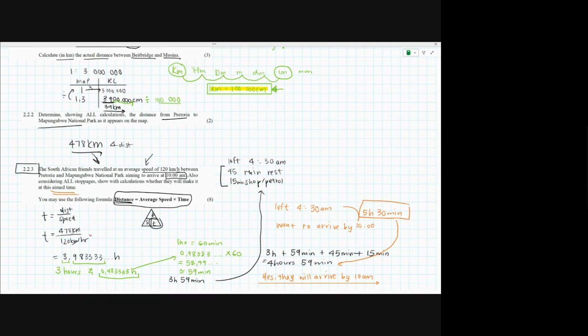So you're getting a mark for substituting the correct values into your formula, a mark for getting your time answer. You're then getting a mark for converting that decimal into minutes. You then get a mark for adding all of your times, taking into account the rest. So this is already 4 marks. And you get a mark for getting your total time of 4 hours, 59 minutes. You then get a mark for,